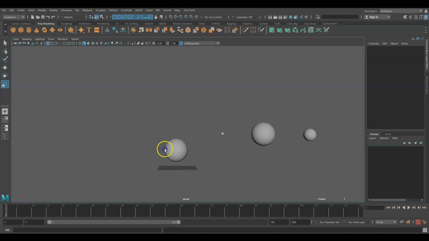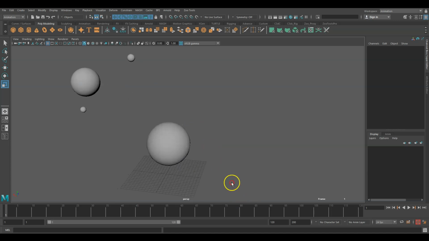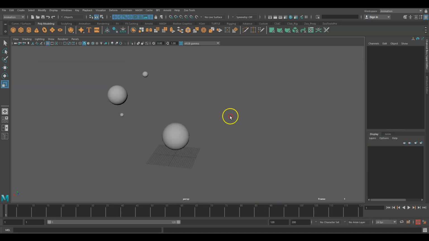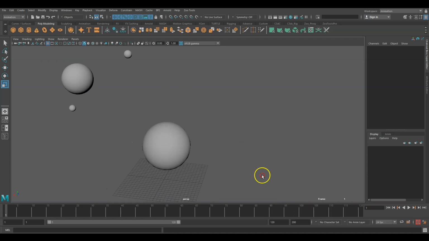Then how am I rotating this? You can see I'm rotating this. To do this, you have a mouse with right click, left click and middle mouse button. Press Alt on the keyboard, don't release it, press Alt and right click and drag to zoom in and zoom out.